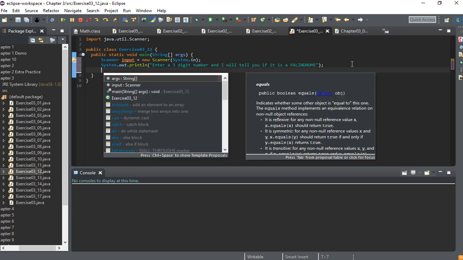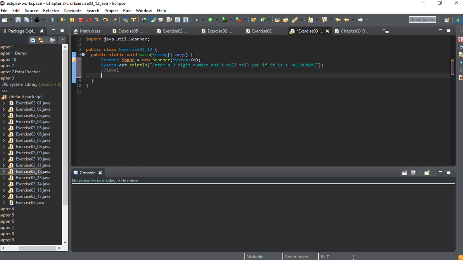Some good words that are palindromes: level, race car, my personal favorite. And numbers like 5, 9, 4, 8, 4, 9, 5. Yeah, palindrome. Okay, so we're going to need to create an int